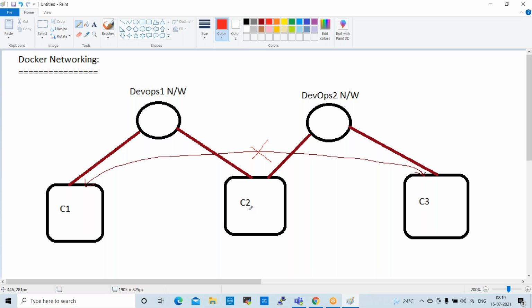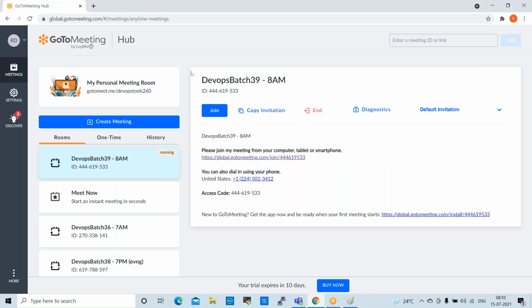So C2 will communicate with C3 and C1, but C1 should not communicate with C3. This is the concept. So we create a lab here. Right, let us go and create this.